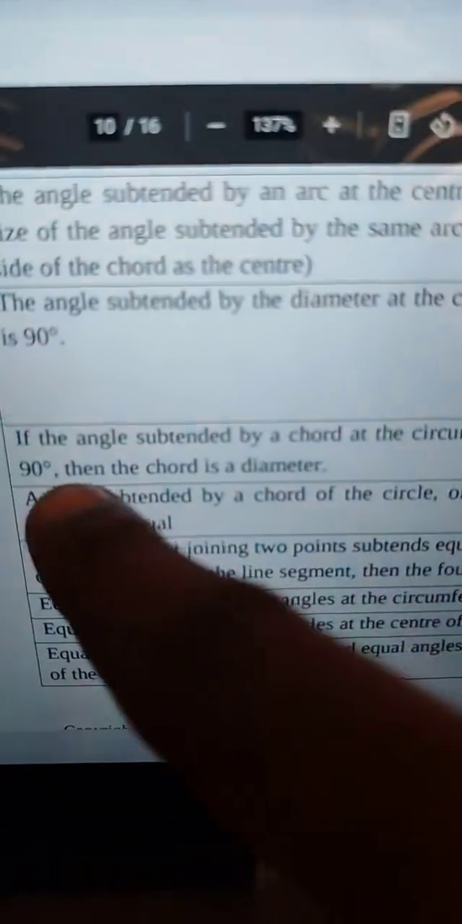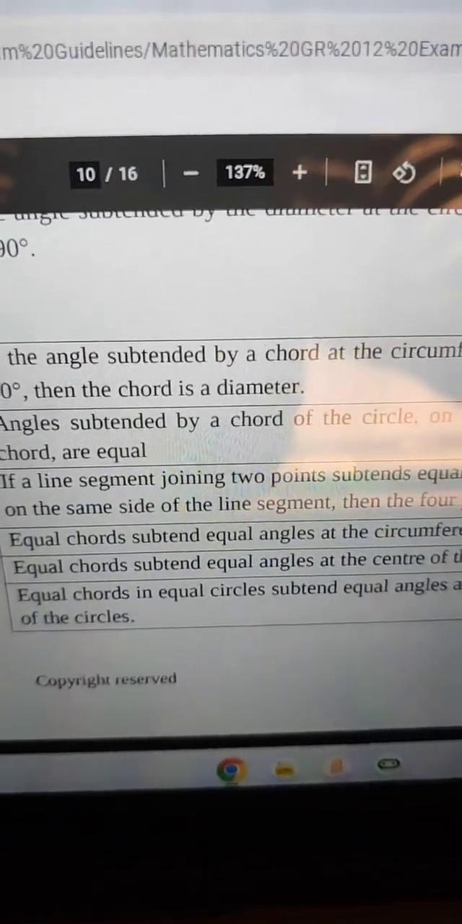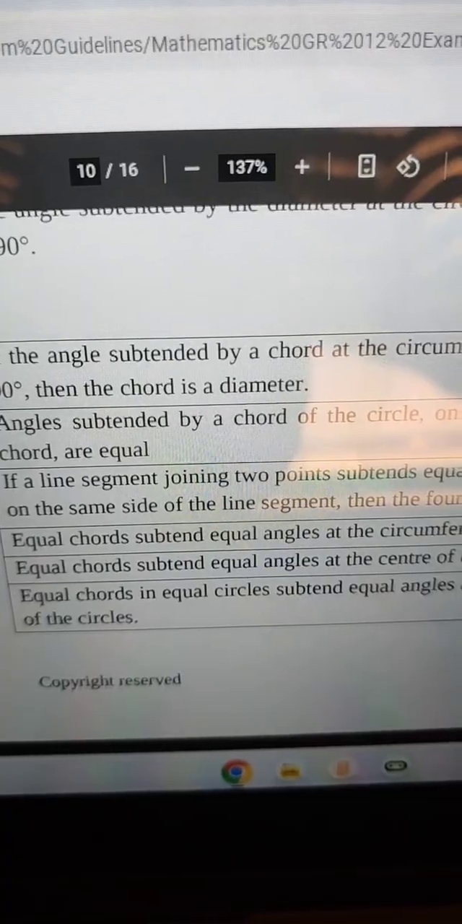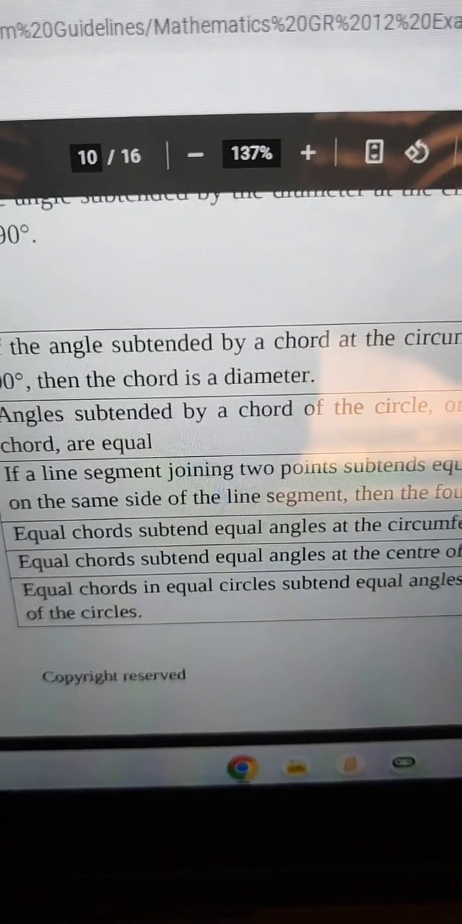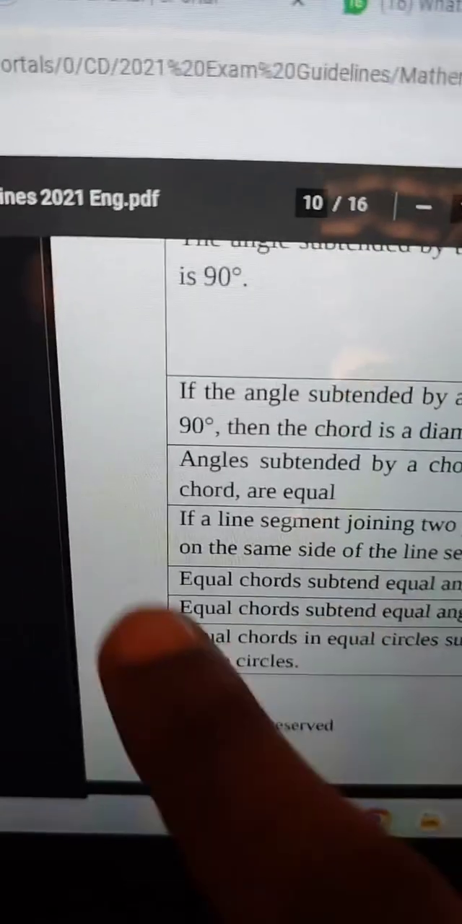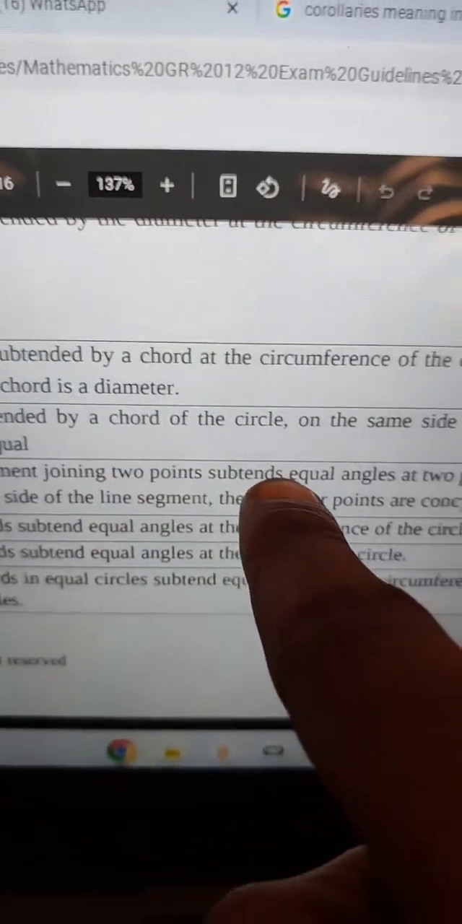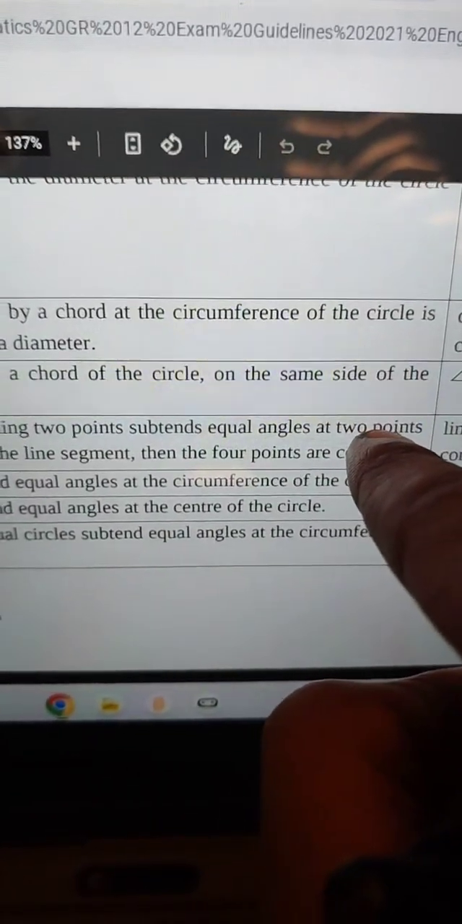Converse angles in same seg. And I'm going to show you, so that you don't think I'm making things up. Or you can say line subtends equal angles. That's another thing you could say. Line subtends equal angles. Let's see. If a line segment joining 2 points subtends equal angles at 2 points,